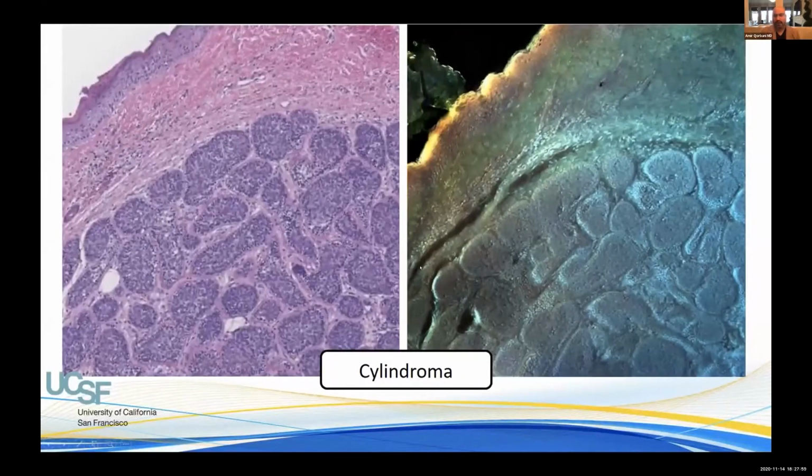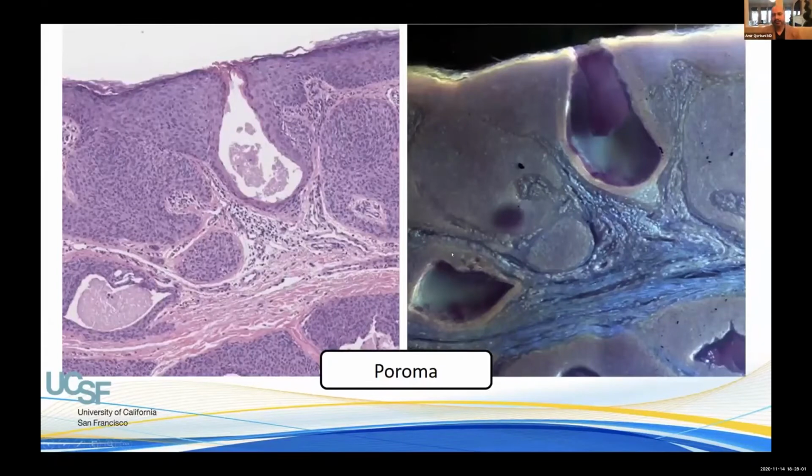Different lesions. Even the interesting thing is, for example, this is a poroma, and if a pathologist sees this and doesn't train in derm path, maybe they think it's just hair follicle, because you see this pattern of the hair, and this is the skin. But here you see the maroon color secretion that is in the ducts in poroma, and it's very diagnostic. So even in such lesions,